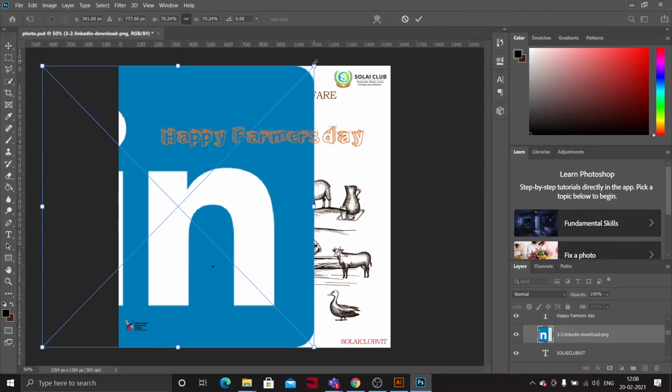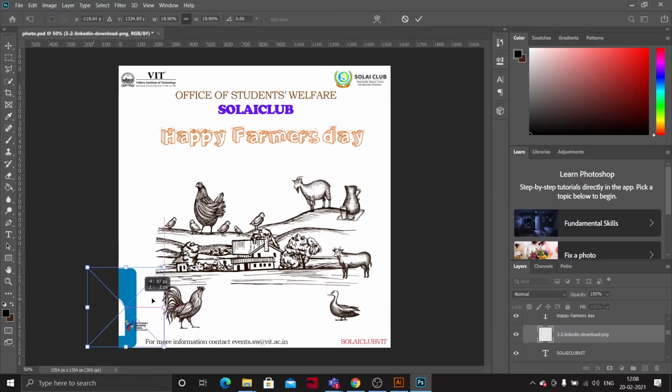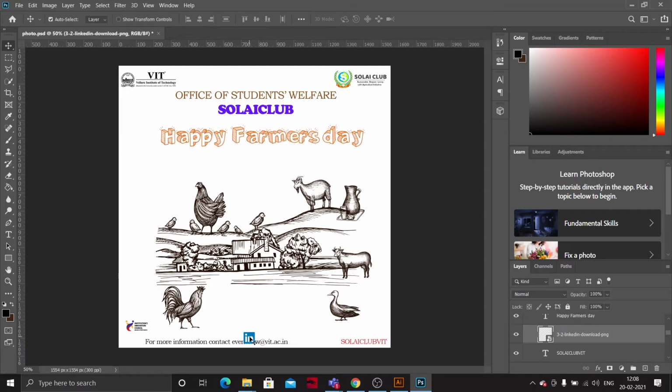Just resize this. Do remember the social media logos, everything should be clear. You guys can find a random logo on a website, but I'm sending everything.